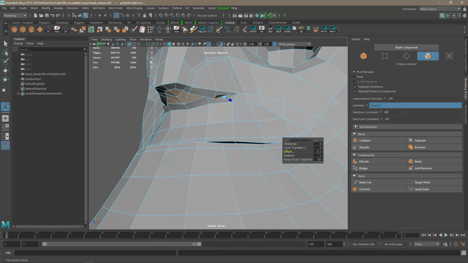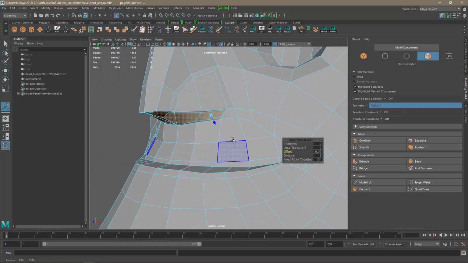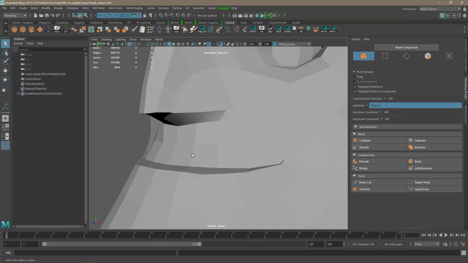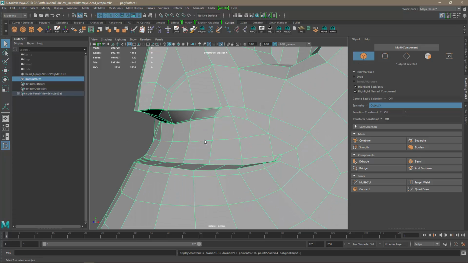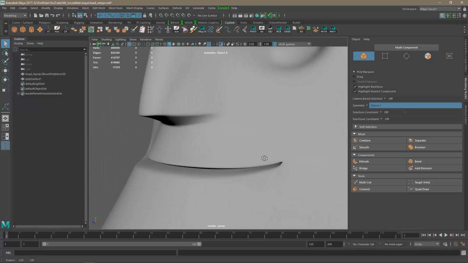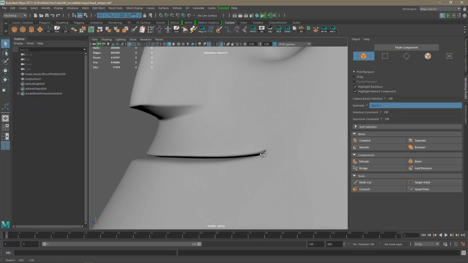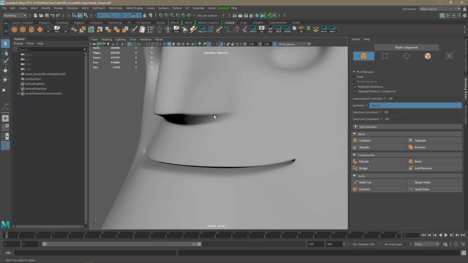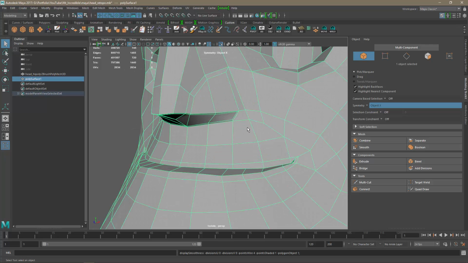Well, I just want a little bit of offset, so 0.02, something like that. Let's see what this will generate. Yeah, that creates a much sharper nose,